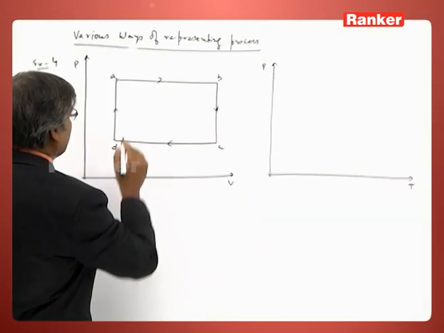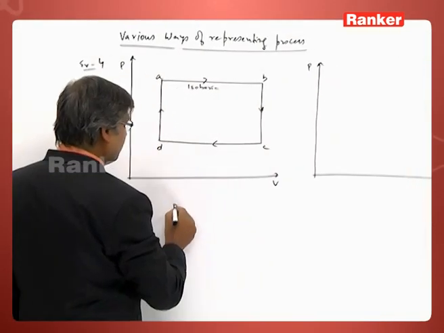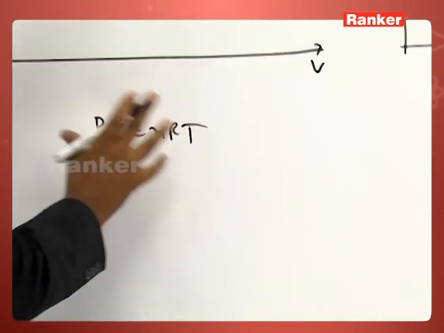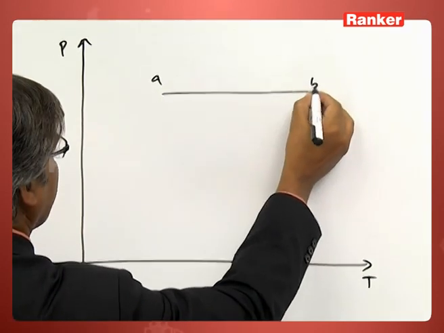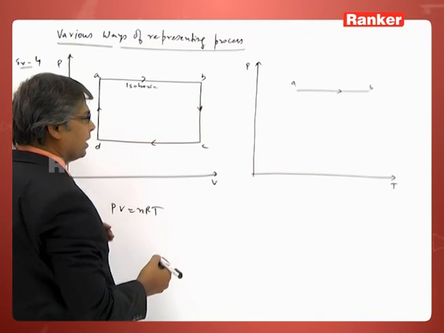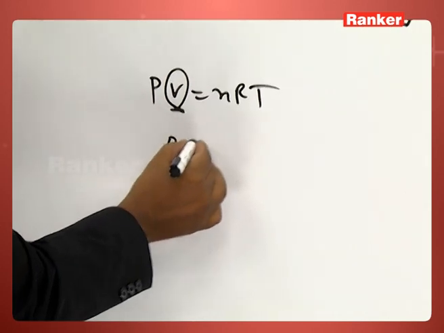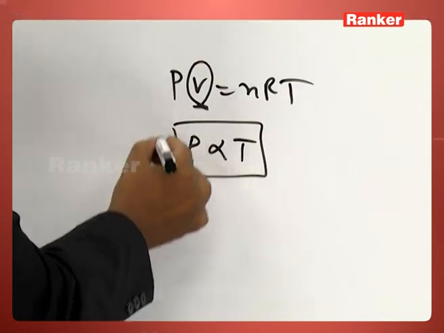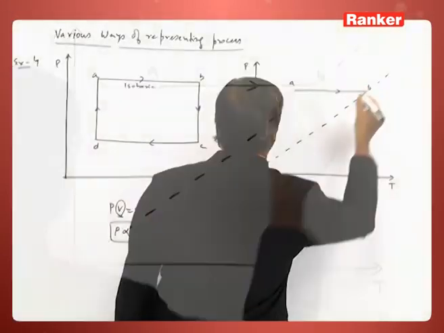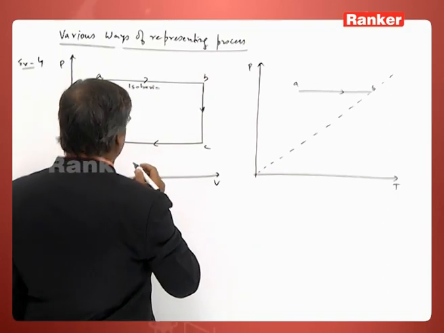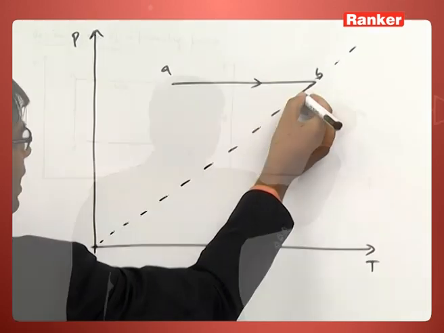So my process is isobaric. So PV is equal to nRT, this is the working formula. Isobaric process. So from A to B, I will go like this. Then isochoric, B to C. So when it is isochoric, volume is constant, my pressure becomes proportional to T. So I have to go along this line. So now B to C, the pressure is decreasing. So if I go this way, pressure will increase. So I have to come this way